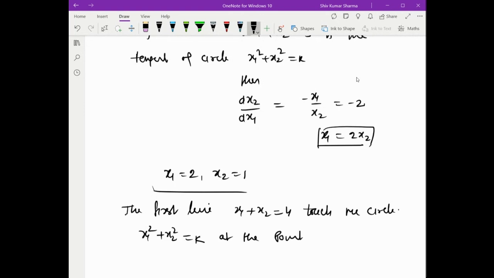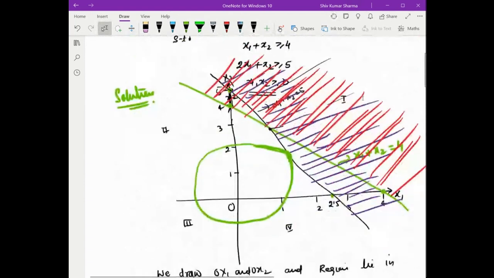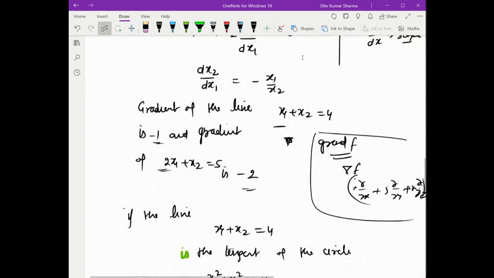So here we obtain the point 2 comma 2. So this is the point where it touches the circle. So this will be 2 comma 2. So when we draw properly, at the point 2 comma 2,